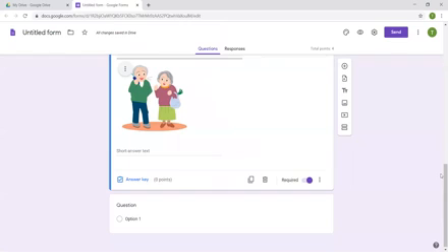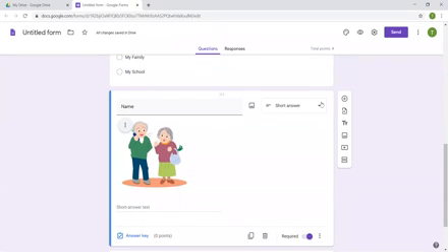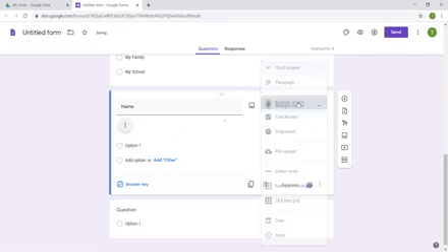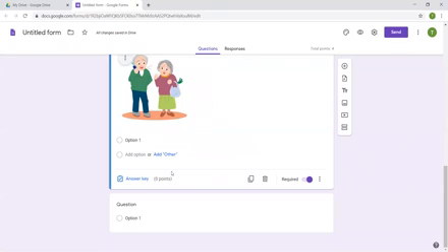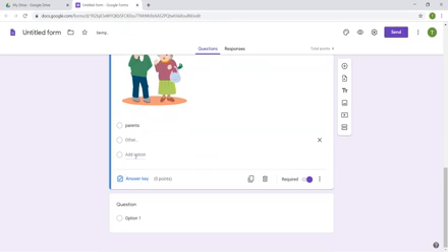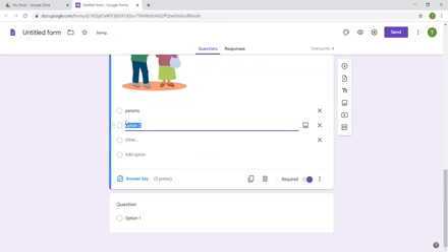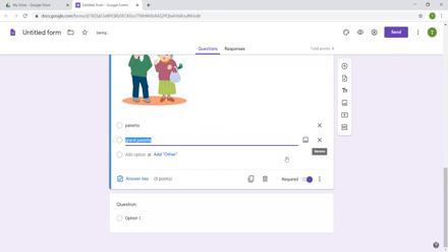And if you want this question to be in the form of multiple choice, you can select here and then make the changes in the form of the question. And then if you want to make 2 or 3 or 4, whatever options, you can write here the option, parents. And if you want to add one more option, then you can click add another option. So here you can write grandparents, and if you want another option you can keep it, otherwise you can just put a cross there.